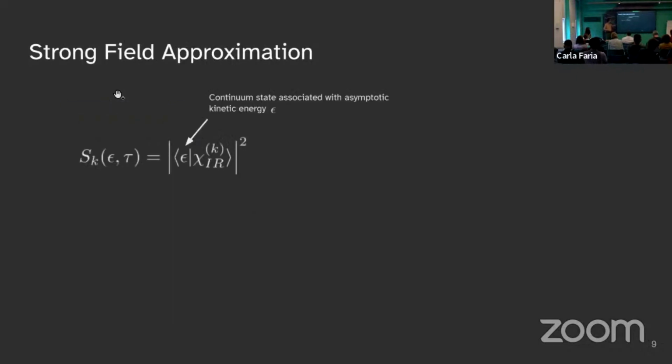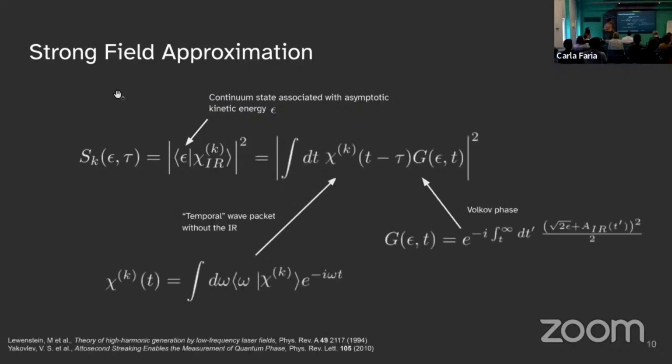Okay, so we can measure a spectrogram, but it will depend on the kinetic energy to measure, and some parameter tau that is the delay between the XUV and the infrared, and it's just the span of the collection of that to be constant state associated with this equation. And we can use this one for the equation, and we can show that it will be equal to this formula where T is temporal with packets relative to the energy spectrum of the packets, and G will just be the equal rate between the number of ionization and